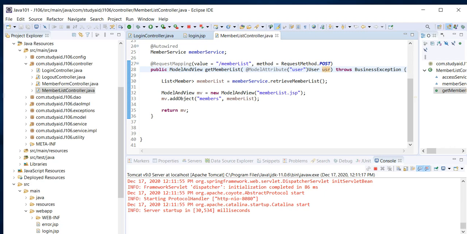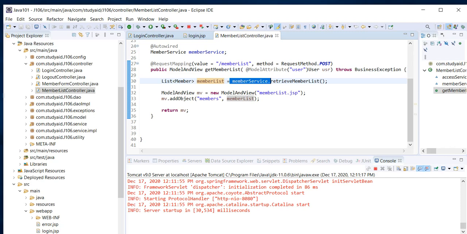Okay, so you can see over here, this is an exception, list member, member list, and then model and view, and then we are saying that okay, this is what the view will be. So in this case it is memberlist.jsp, and then we are passing on the member list which we receive from over here. Okay, so that's all about the controllers, and remember that there are some service layer and the